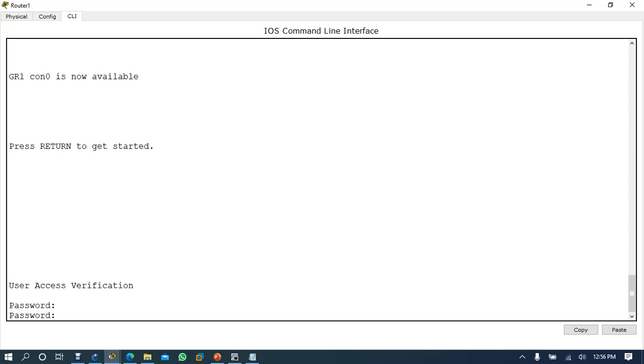You may not need the information there, so that is a different mode. How to crack the password? Exactly, this is what I mean. Now you want to get access to the router, but there is a password, so you have to crack it. There is another process. We'll see that one.